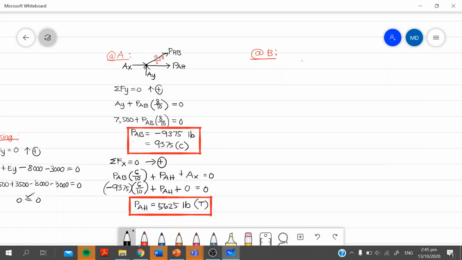So, para mas madali, assume natin na tension lahat ng kumabit, meaning away from joint B. Okay, so ang kumabit at joint B, to force BC,